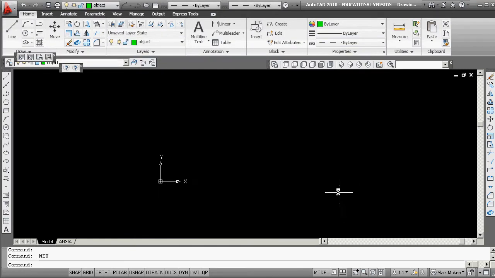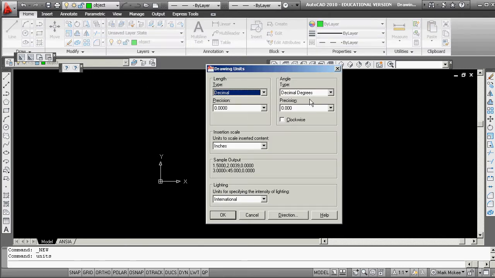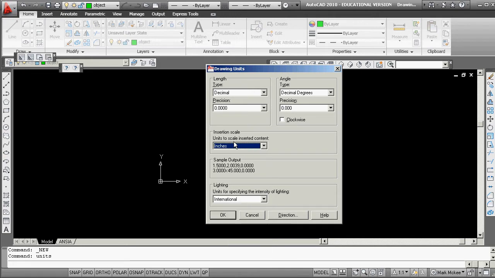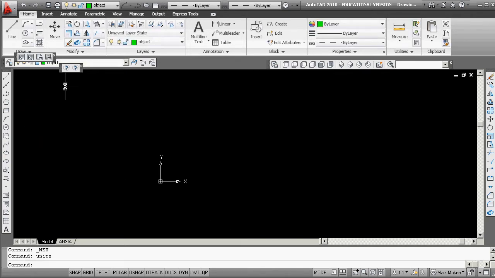You need to know, no matter what, when you start on a drawing, you need to check your units, type units, understand what you've got there. Remember, there's all kinds of different ways. One of the things that might be useful in here is to deal with radians as well, which direction is north, etc. The scale of content may or may not be of importance. I like to really think about it more in terms of unit lists, but this has to do with some of the stuff coming in. If things are off, they'll be off by 12. In terms of this,